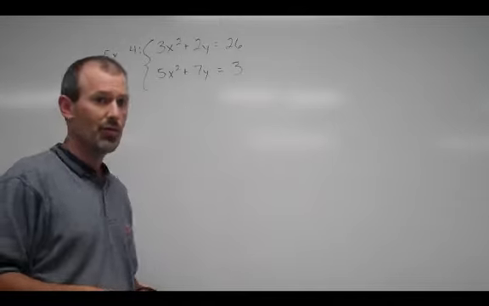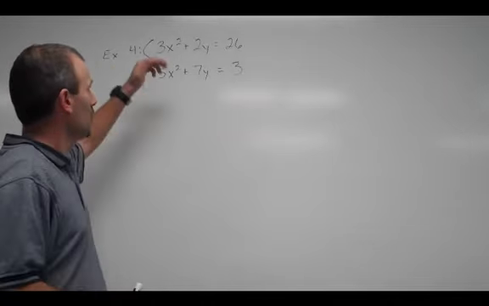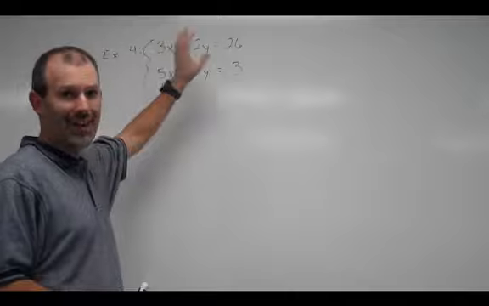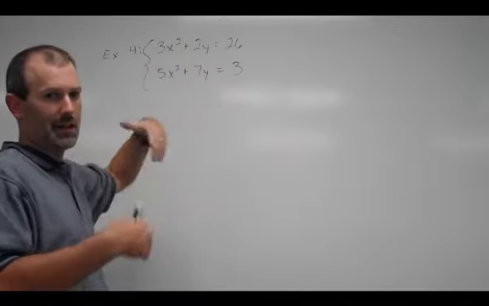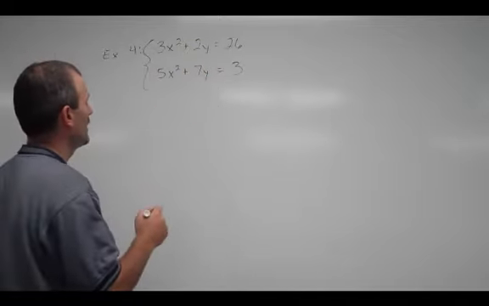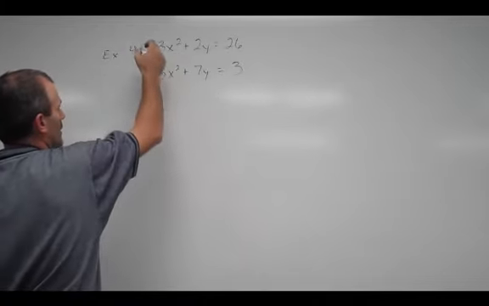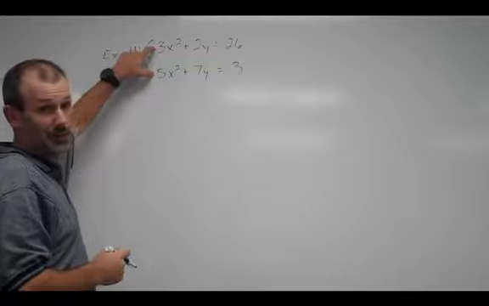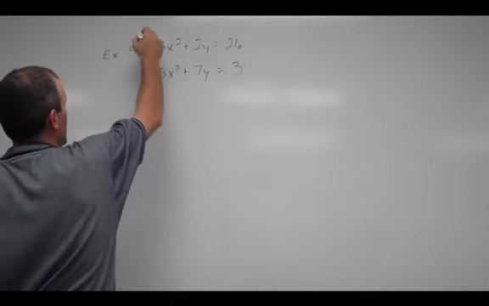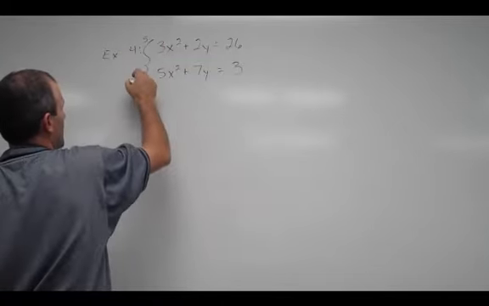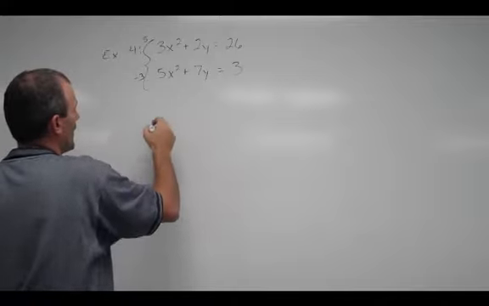Once again, in example 4, we're using elimination. And when you have things that are squared, that's what you want to eliminate, because that gives you the curve stuff. It makes things more complicated. So what we're going to do is we want to get these to be opposites. So we're going to multiply the top. We can make both of these into a 15. So we'll multiply the top by 5, we'll multiply the bottom by 3, and that's going to give us a new system, an equivalent system,